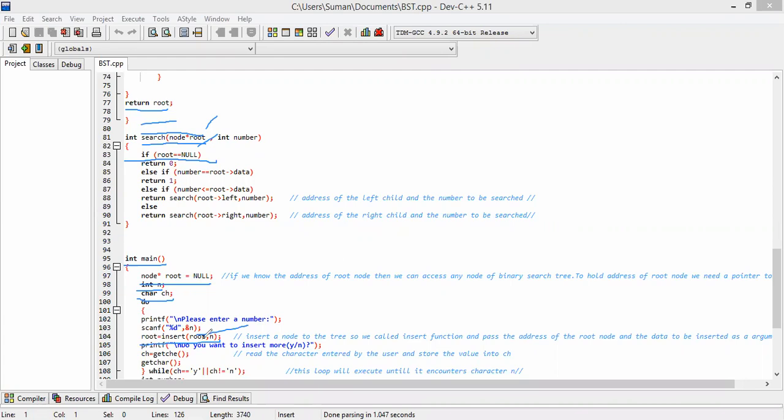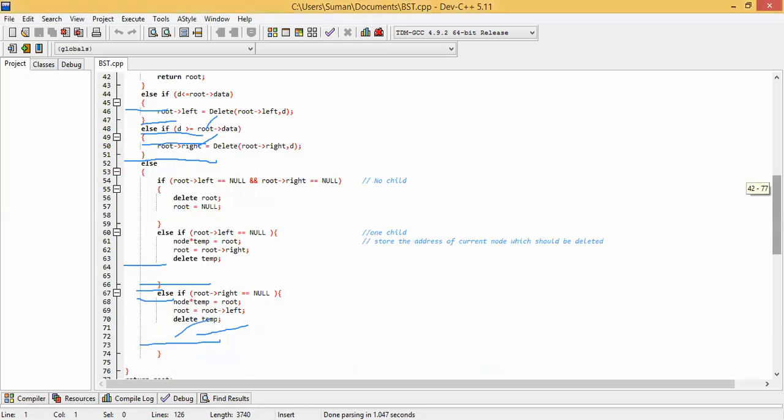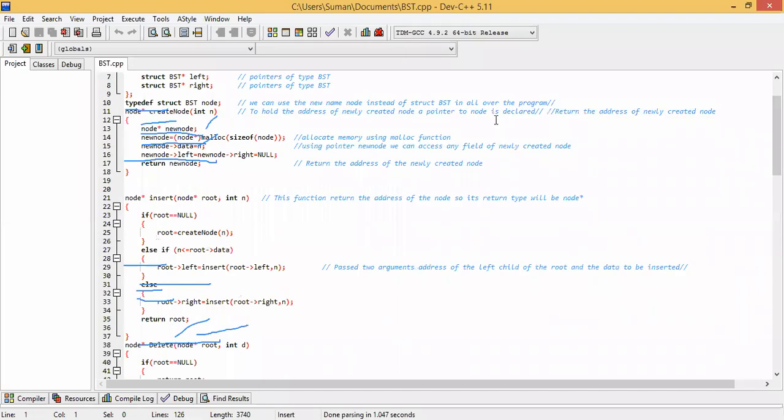Clear? So this is a function call. Now we have to define the insert method, so we go to that and define the insert method.